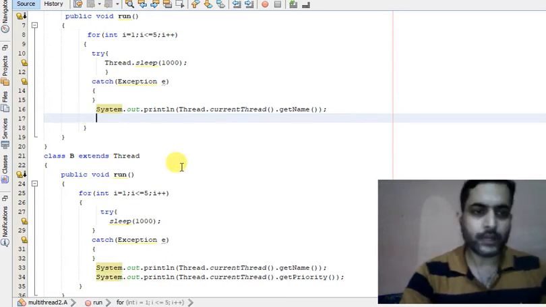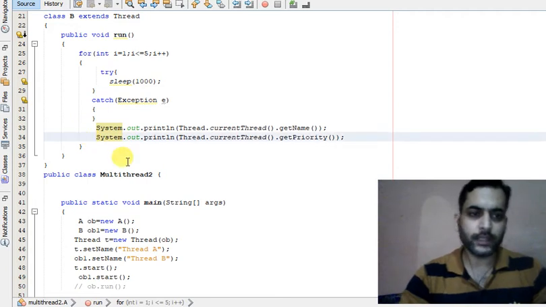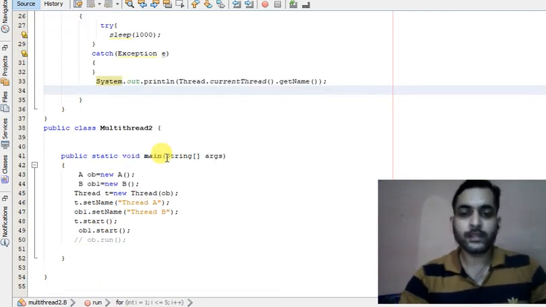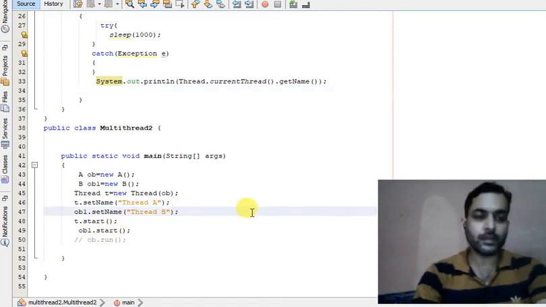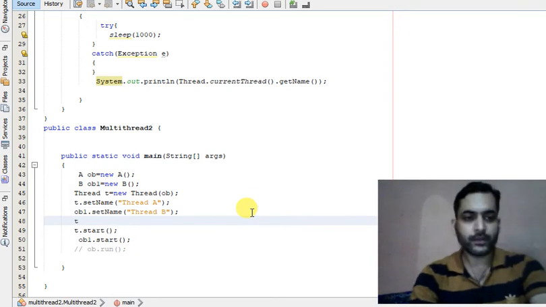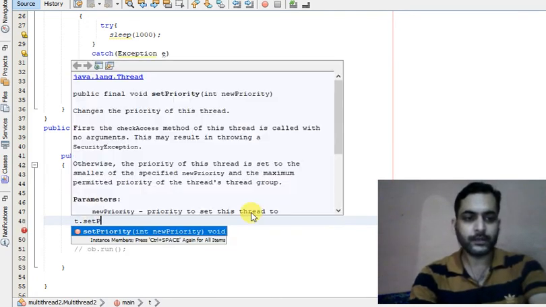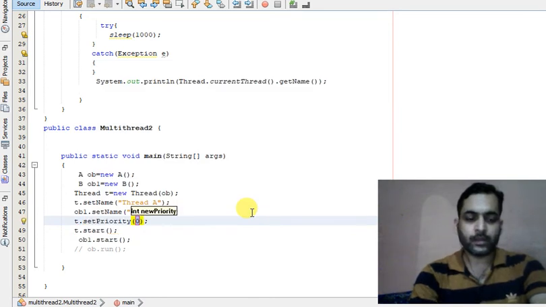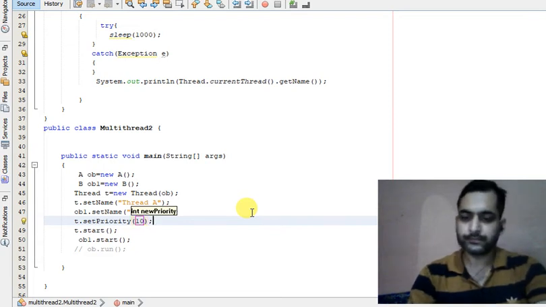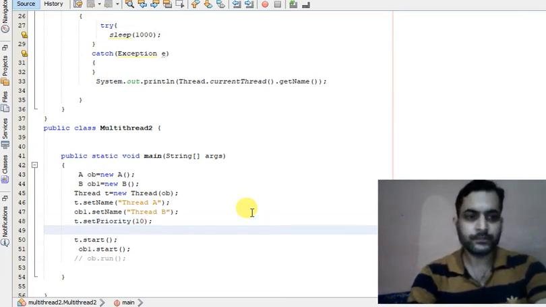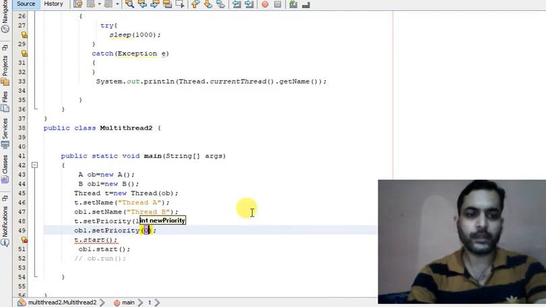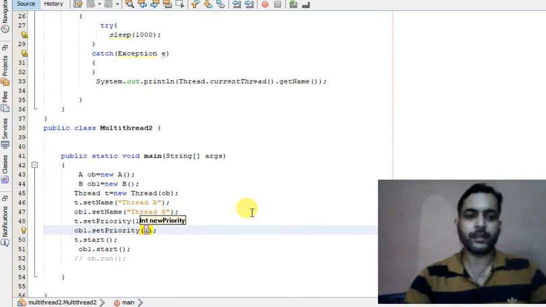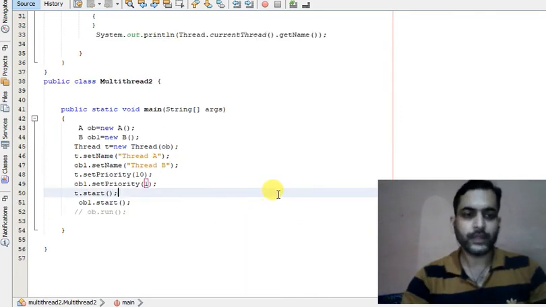We can change the priority of threads by using the set priority method. So let us try to change the priorities of thread. Let us change t dot set priority, and let's give it the highest priority 10, and ob1 dot set priority, let's give it the least priority, so 10 and 1.